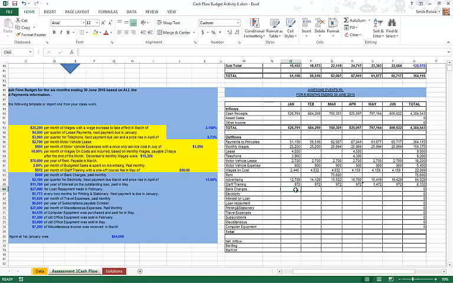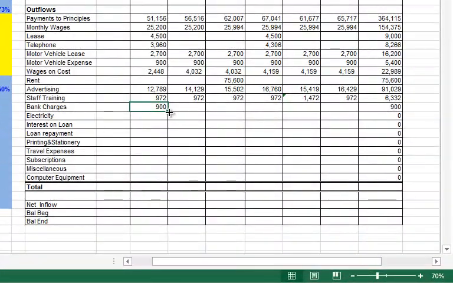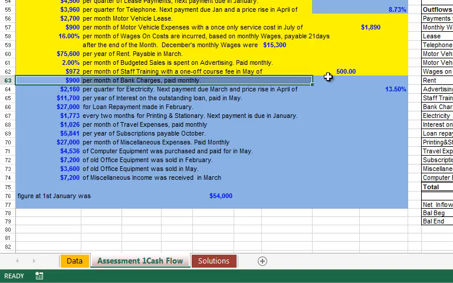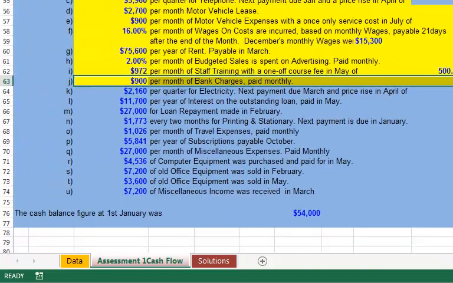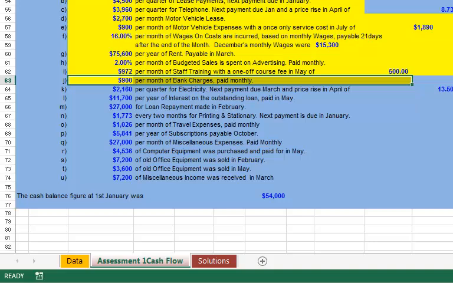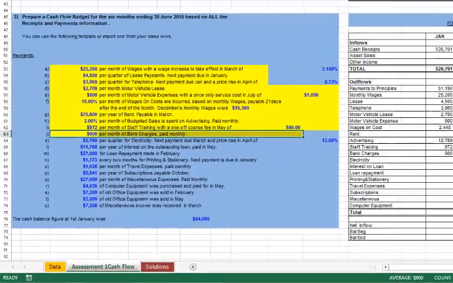And now we move into bank charges, $900 per month in bank charges paid monthly. So 900, F4. Electricity, okay. Electricity is paid, make it a little bit bigger, I need to see the whole screen, but electricity is paid per quarter, next payment is March, so March is there,